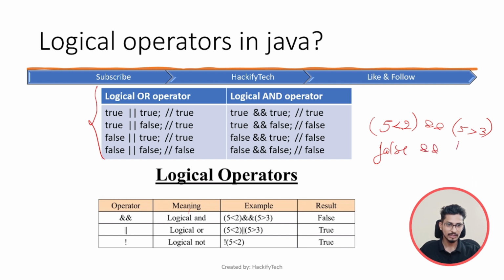Now this is a true statement. Now since we are working with the logical AND operator, the end result will be false, like this. Clear? So you can solve the other two, and you can send me the answer in the comment box. Okay, so the next thing